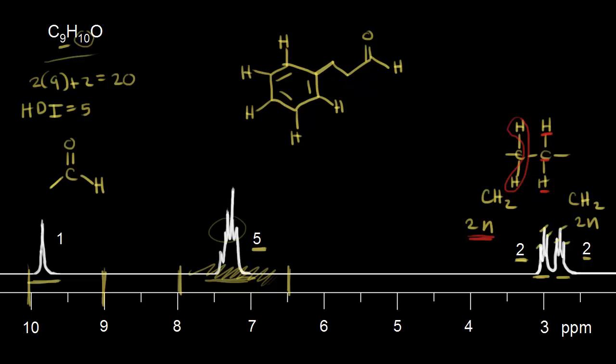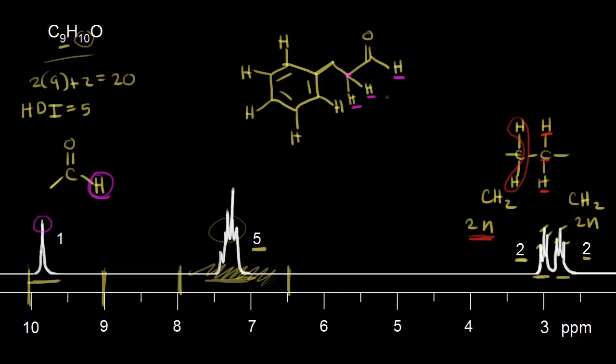So a little bit about this aldehyde proton. Let me go ahead and highlight it over here. So this aldehyde proton right here, we only see a singlet on the NMR spectrum, but it does have 2 neighbors. So let me go ahead and draw in the neighboring protons. So they're on this carbon right here. So if we're thinking about the aldehyde proton, this is the carbon next door, and so we have 2 neighboring protons.